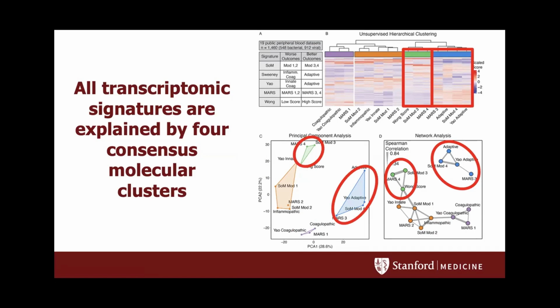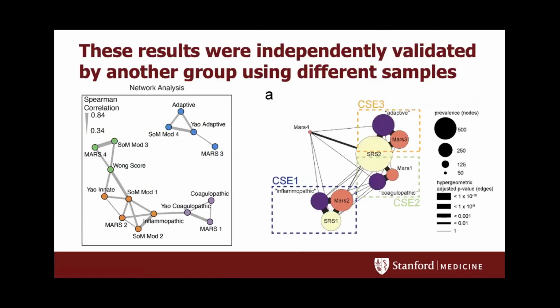The next thing I'll point out is that one of our collaborators identified this exact same thing. So we ended up collaborating with a group in Malta and Amsterdam, led by Brendan Scicluna, Tom Vanderpoel, and Julian Knight, looking at the intersection of subgroups. And what you can see is that they identified the exact same clusters using independent data sets and independent methods. So really showing that this is a robust finding, no matter exactly what cohorts or methods you used. And this was published at the same time in the same Nature Medicine journal, just showing the robustness of this biologic signature that we're finding in sepsis.